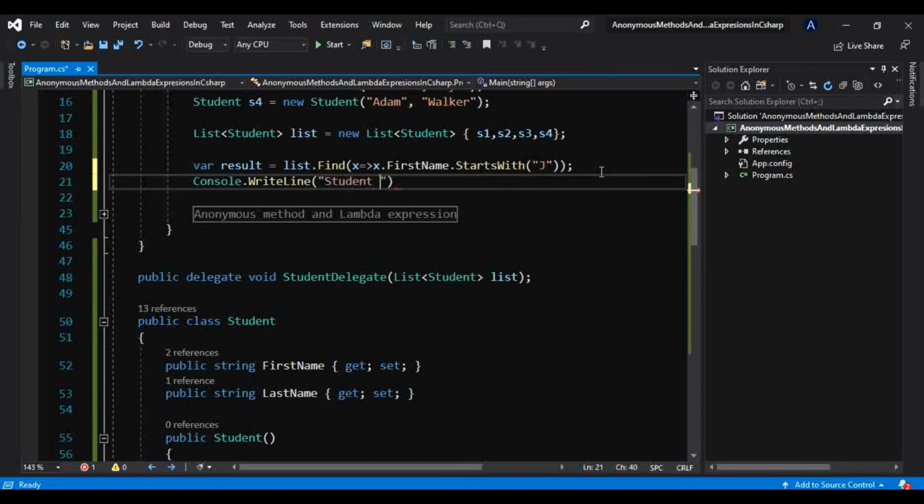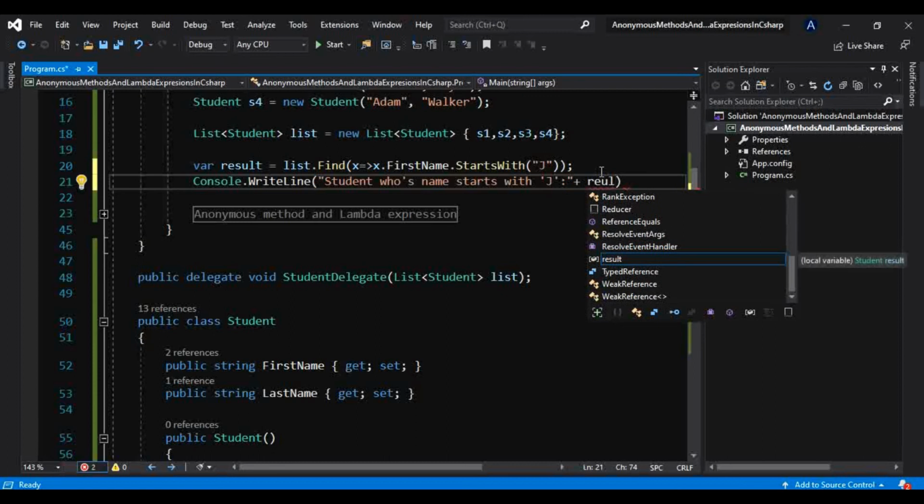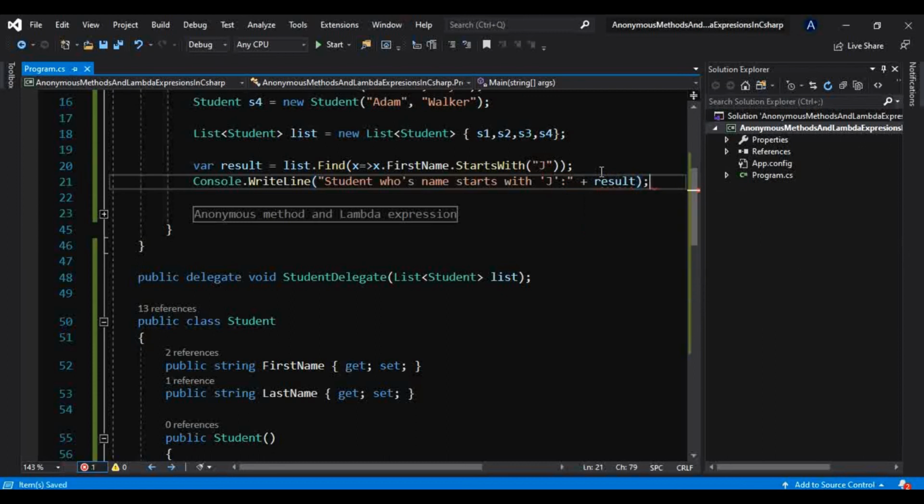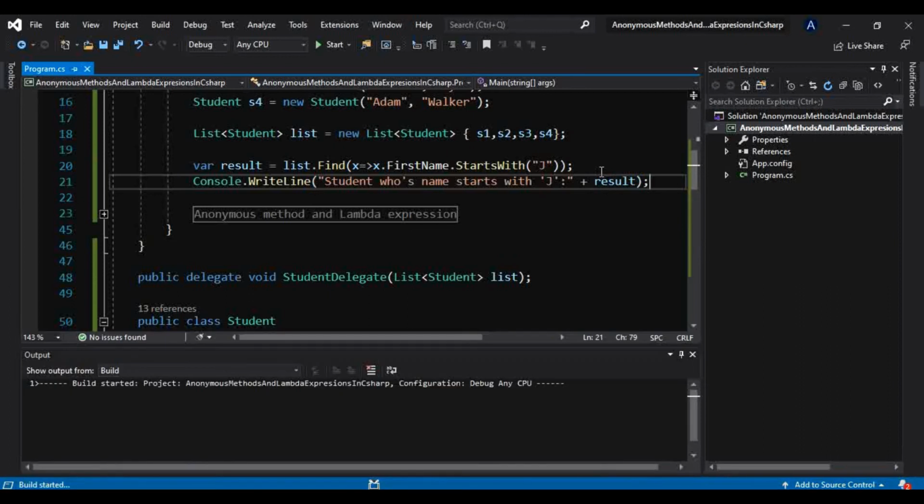Student whose name starts with J. We have that name stored in this variable, result, and I will show that on the console.